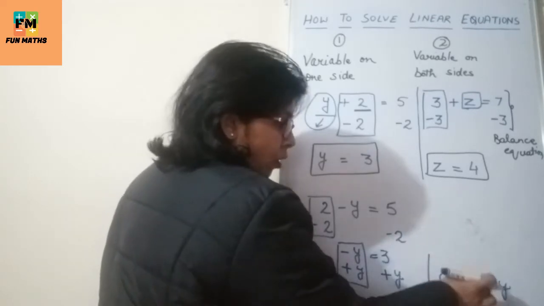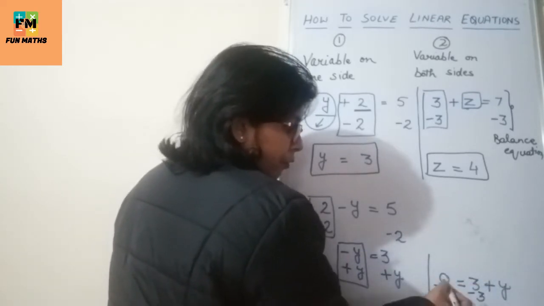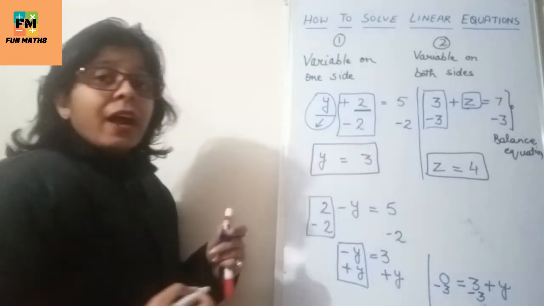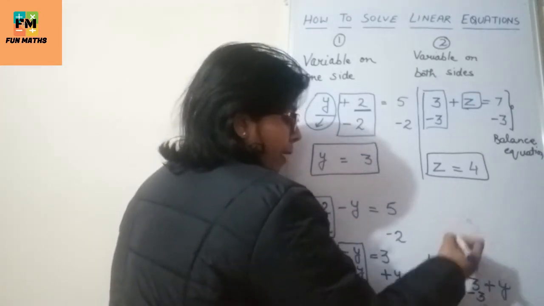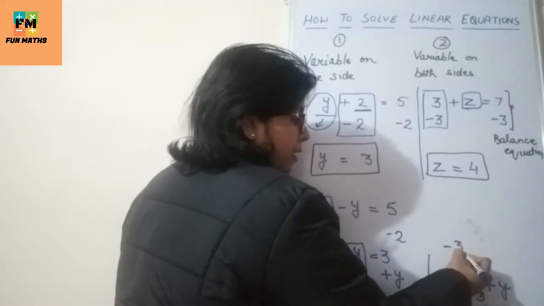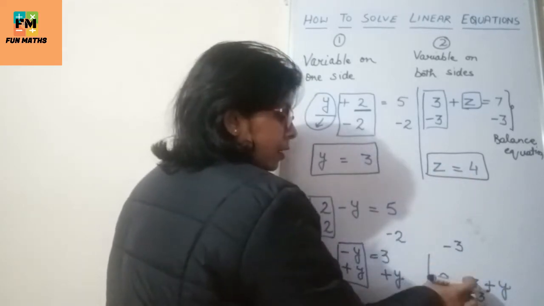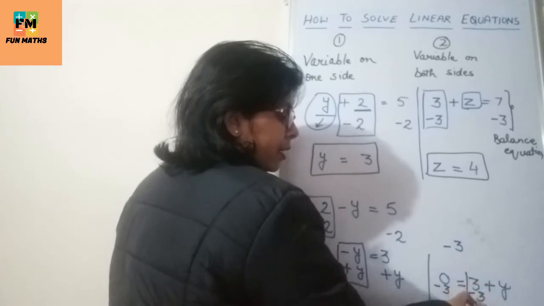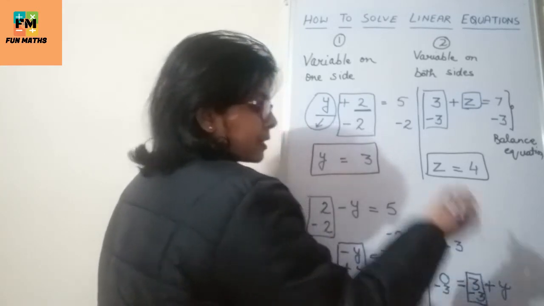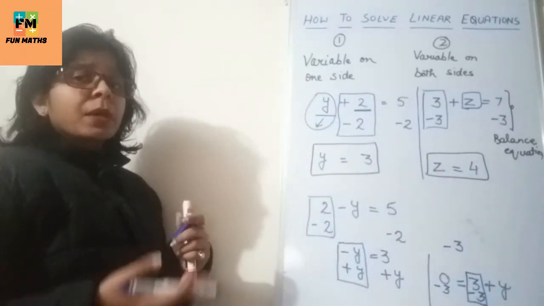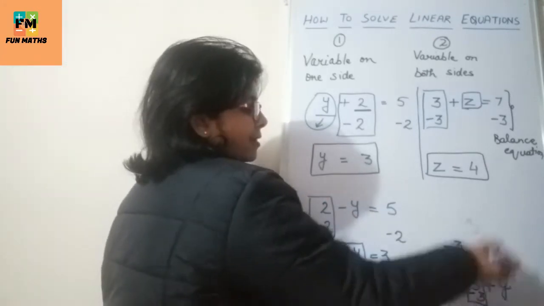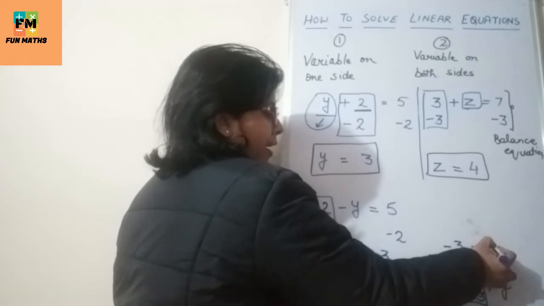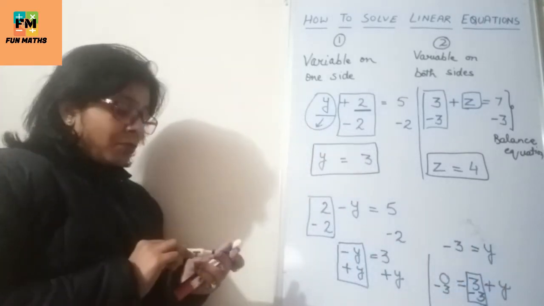Right. So if we subtract from this side, 0 minus 3 we have learnt in the integers. 0 minus 3 is what? 0 minus 3 is minus 3. Right. And this 3 minus 3 would be cancelled, because the same number with opposite sign is cancelled. 3 minus 3 is 0 simply. And what is remaining over here? Only y. So see, we have written minus 3 is equal to y.